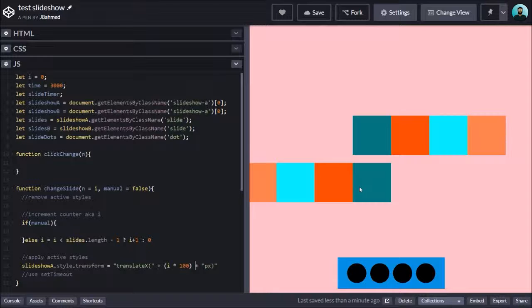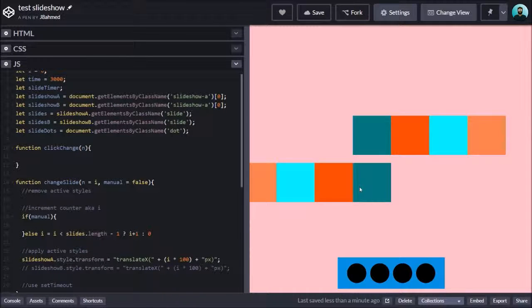And that's basically what's happening. We have a string here, and then we're adding these numbers that are dynamic, and then a string. So it's getting concatenated, all of it will end up being one string. And the next one is we could just copy and paste this, and we'll use it for slideshow B. But we'll leave that alone for now. And finally, the last part